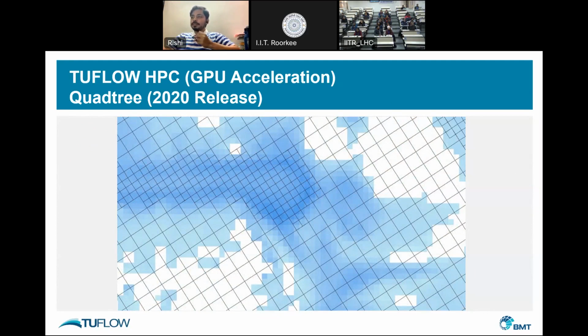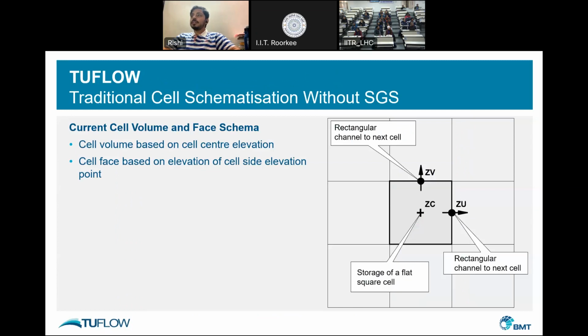The next part, which was TwoFlow's recent release, was the subgrid sampling. I'll explain it. This is not very much relevant to urban networks or urban water management, but it's very useful in terms of accuracy of the model. So what SGS stands for is subgrid sampling. So here in TwoFlow's